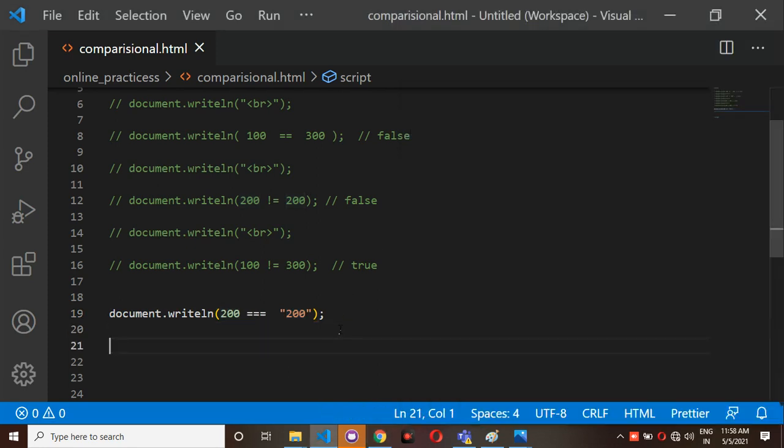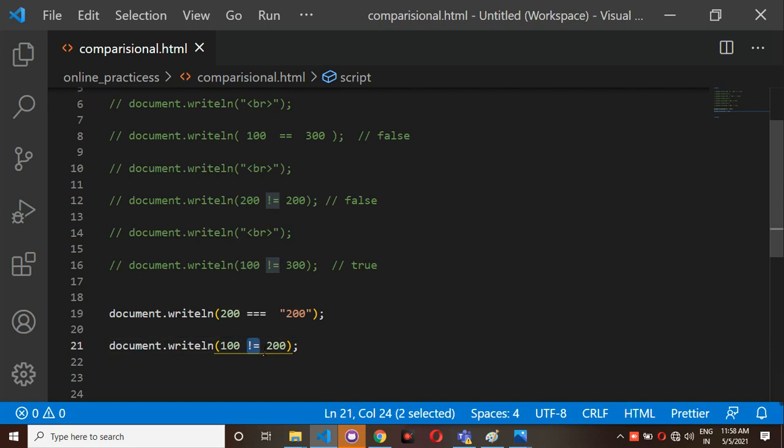Next, document.writeln of 100 is not equal to 200. I am giving 100 not equal to 200, which is nothing but the not equal to operator.